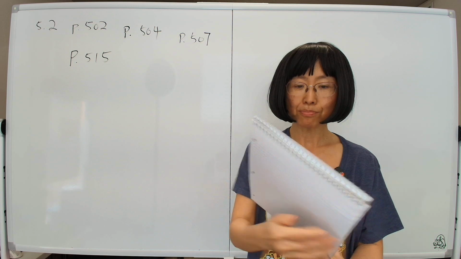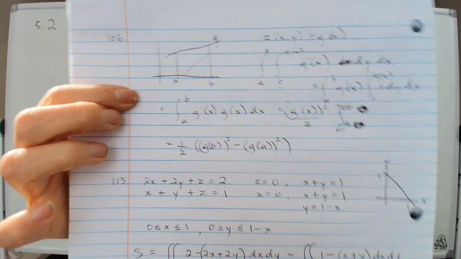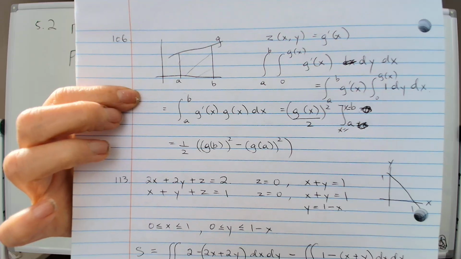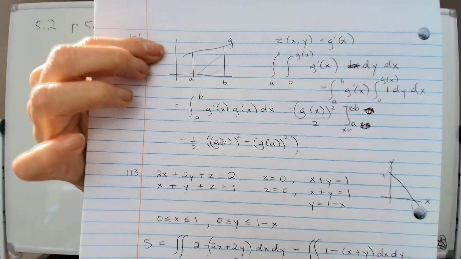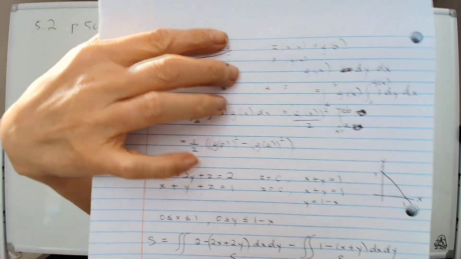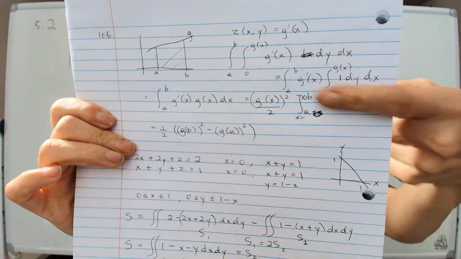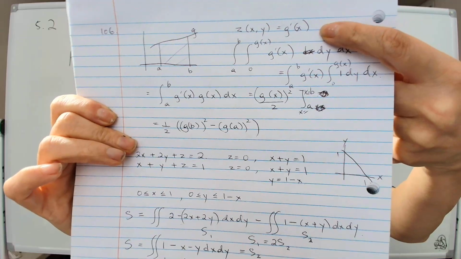So let's look at this problem where we have the area, which goes from a to b, and then from 0 to the function g. And then there's the function z, which is of x and y, equal to g prime of x. It doesn't have y in it, but that means nothing to us, okay? We'll do the math like we